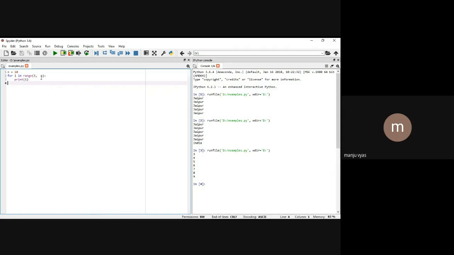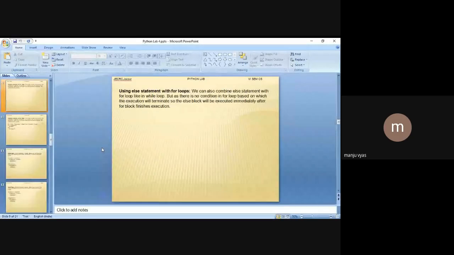So 3, 4, 5, 6, 7, 8, 9. This is how your for loop works in Python, right? I hope the for loop is also clear.